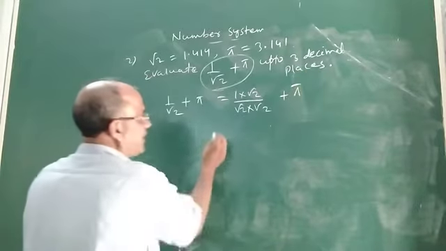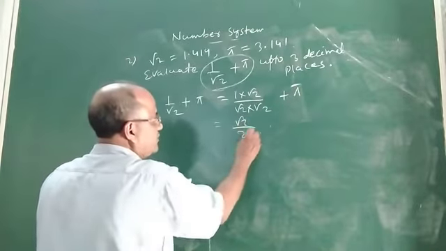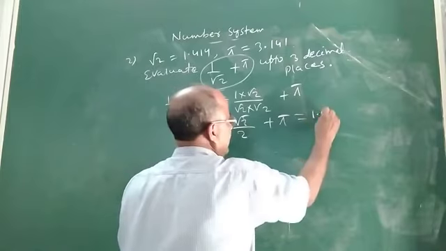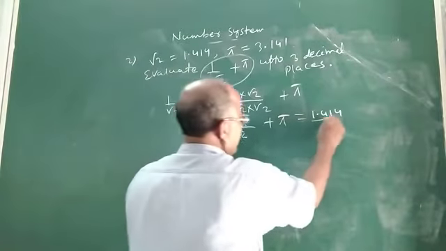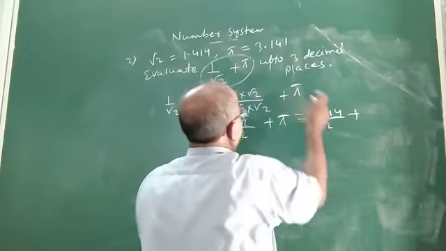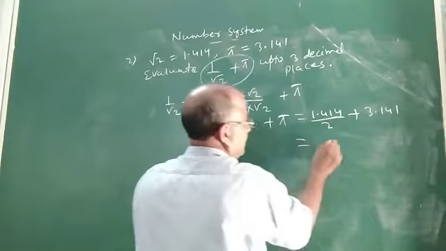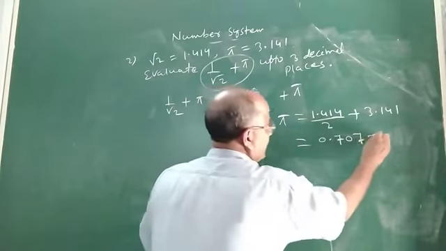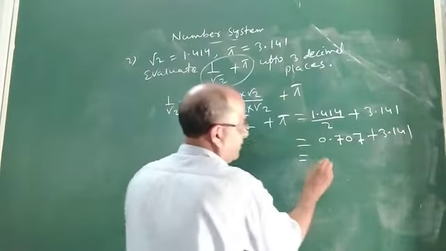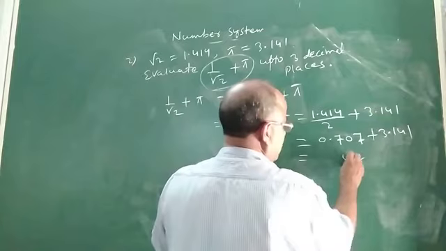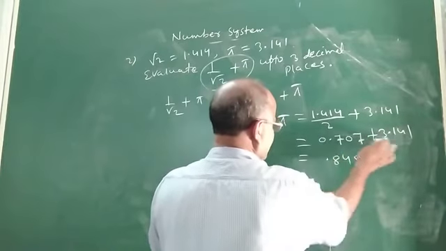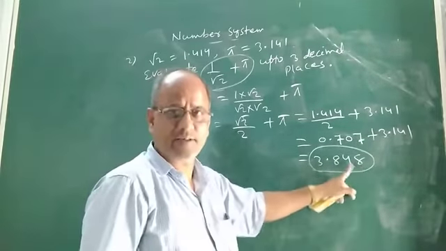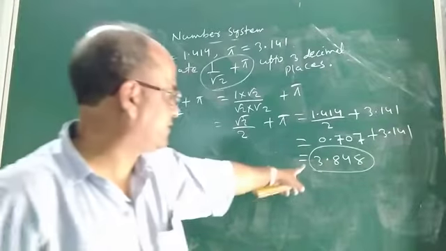Let pi be constant. Okay. So it is root 2, root 2 into root 2 is 2, plus pi. So what is the value of root 2 given? It is 1.414 divided by 2 plus, what is the value of pi given? It is 3.141. Now you divide these two, it will be 0.707 plus 3.141. Okay. So 7 is 7, 8, 4, 0. You see, this will be the answer, 3.848. See, this will be the answer correct to 3 decimal places.